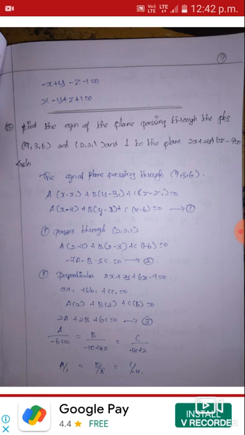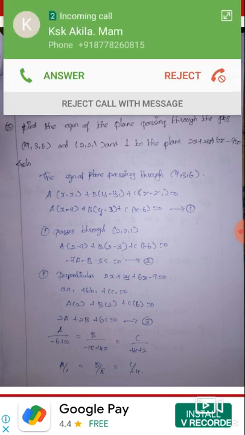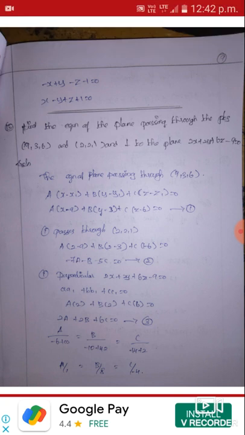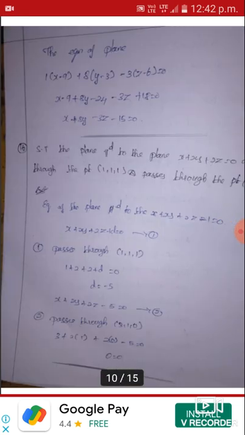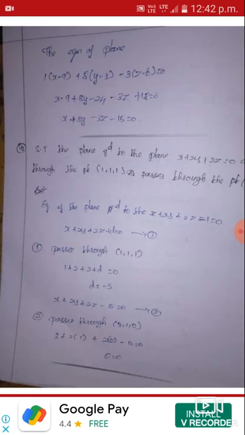We have to substitute the point for x1, y1 and z1, passing through the point. Again we get a equal to 1, b equal to 8 and c equal to 8. Show that the parallel